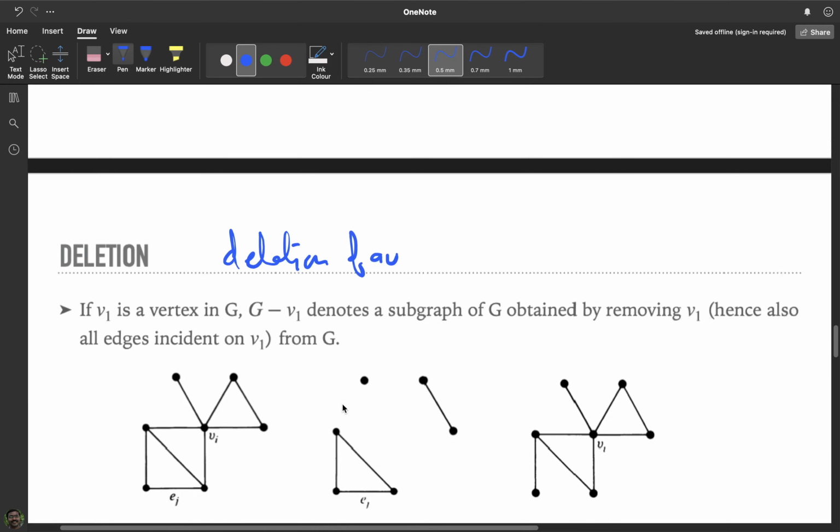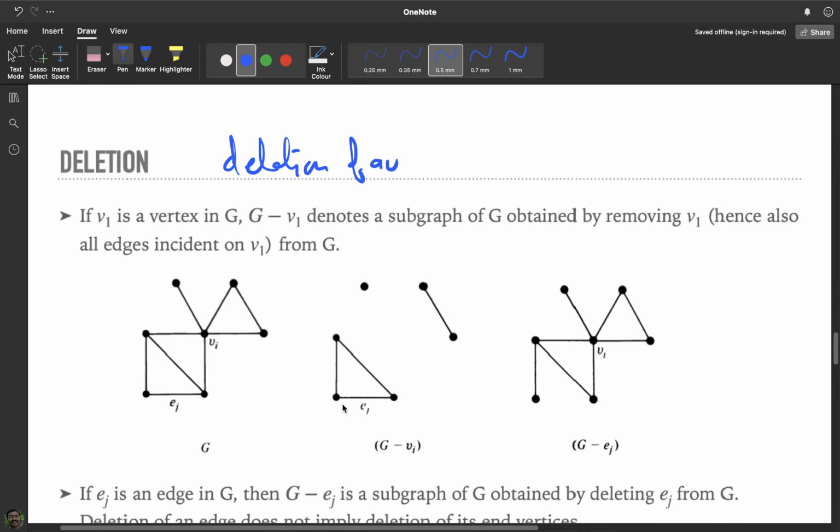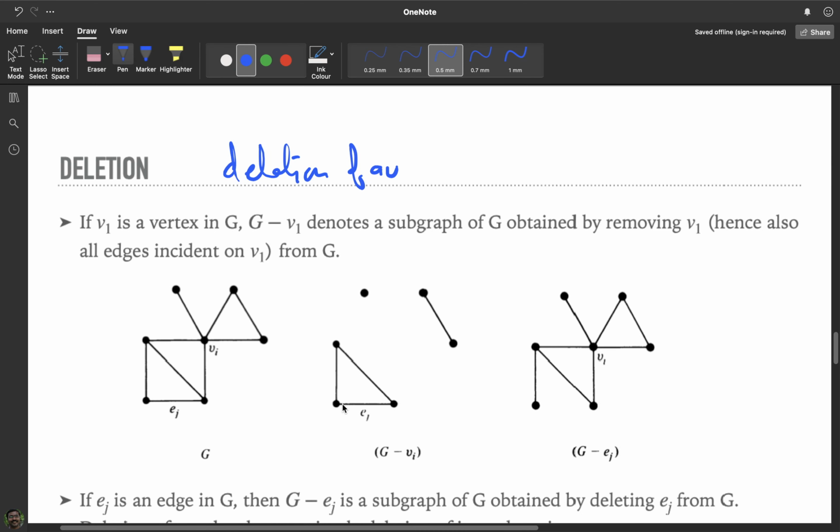Okay, so I hope you understand what you mean by deletion of a vertex. We can delete more vertices if you want. If you have vertex V2, you can also delete G minus V1, V2. In that case, those edges which are incident on V1 and V2 will also be deleted. So that is the idea. You can extend this concept of deleting vertices, deleting edges and all.